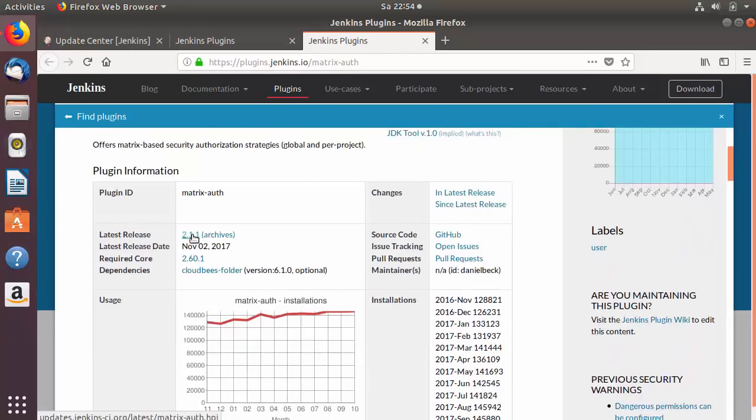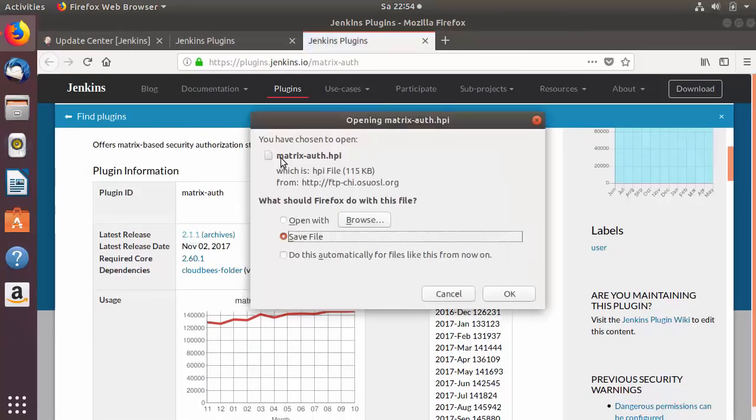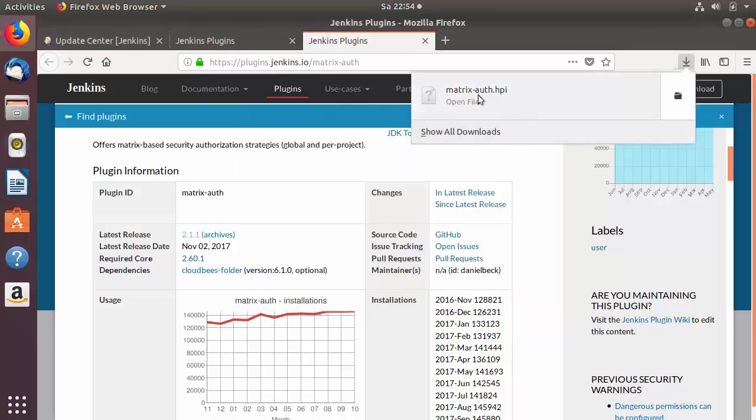So I'm going to click on the latest release, which is going to download the .hpi file. So this plugin is called matrixauth.hpi file is the plugin, right? So we are going to save this plugin, and once this HPI file is downloaded, we